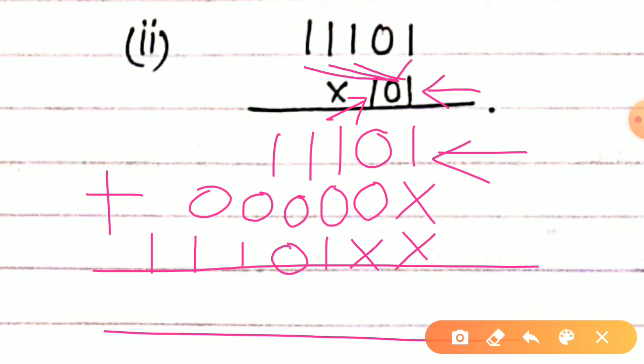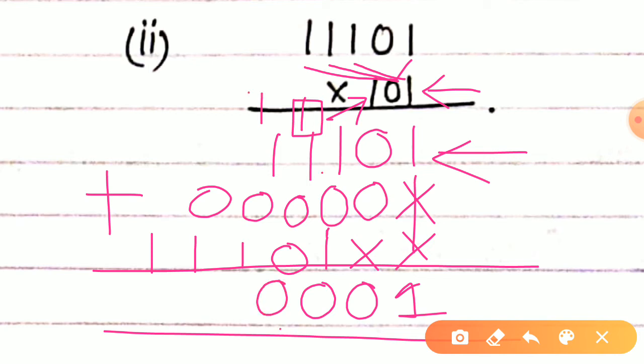Okay, you have to follow the rules of addition. So this 1 will be dragged downwards. Over here 0 you will be getting, 1 plus 0 is 1 and 1 plus 1 is 0 with a carry 1 on the left hand side, right? So 1 plus 1 is again 0 we are having with a carry 1 on the left hand side, right?